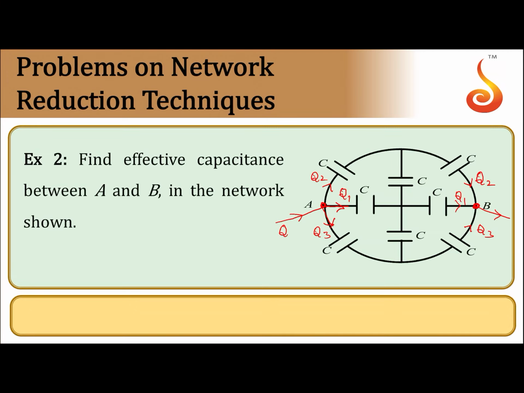That means, whatever charge goes here in the upper part, it should directly go to the second capacitor. Similarly, whatever charge goes here should directly go to the second capacitor, and along the central line, whatever charge goes here should directly go to the second capacitor to reach B. That means these two capacitors will not be charged. When they are not charged, they become dummy, so they can be discarded. You can disconnect them, right? The central two capacitors C can be disconnected.